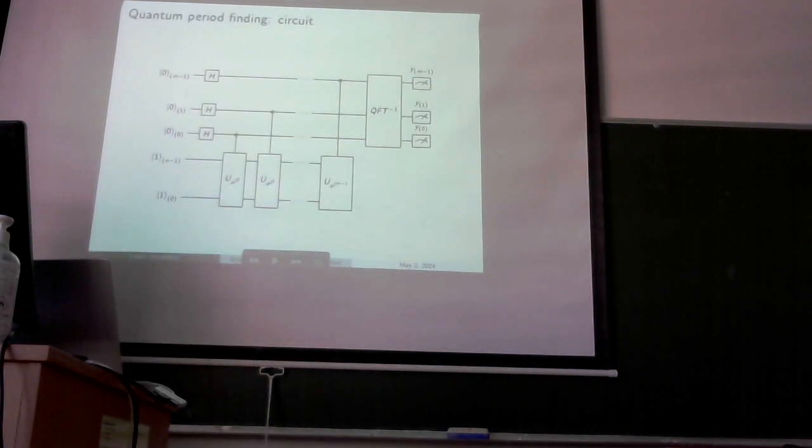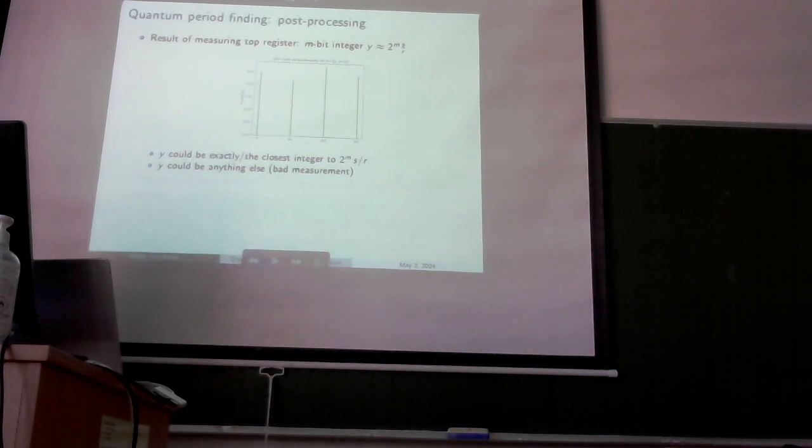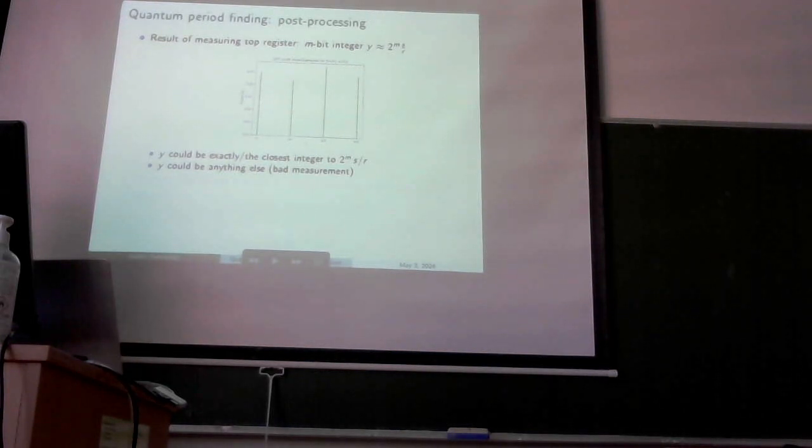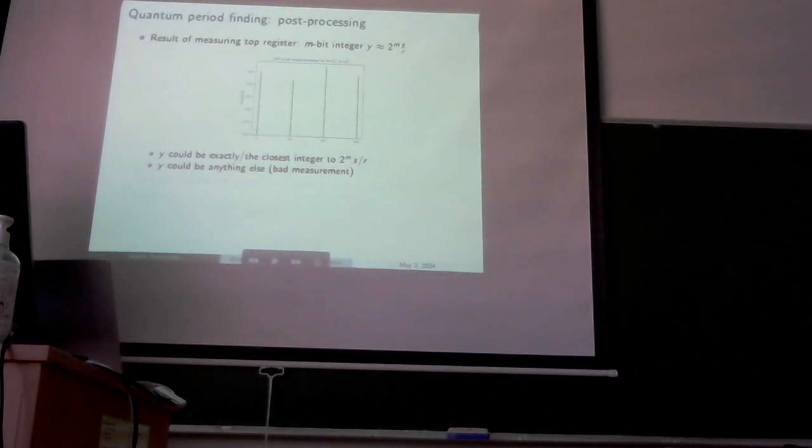This is essentially the circuit, quantum phase estimation with the unitary I mentioned and with the number 1 as the eigenstate register. And from there, we extract the number I mentioned. This is a particularly nice case for n equals 15 and a equals 13, in which the value is exactly an integer. And in general, we are going to get two possible measurements. Y could be exactly the phase, which is this case, or the closest integer in other not that nice cases. But we could also make a bad measurement because of not measuring the closest integer or because of noise.